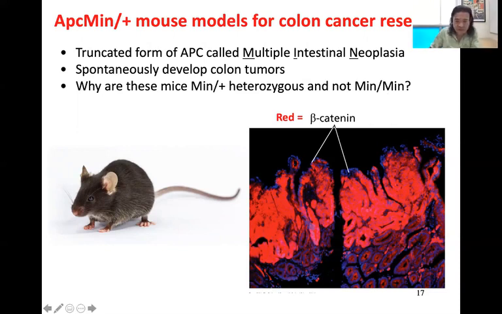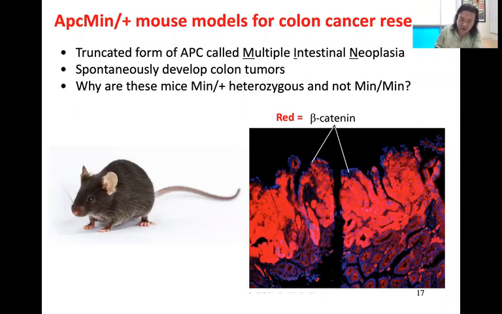Hopefully, if some of you are thinking about this, you realize that because APC is such an important tumor suppressor gene, even from the early development of the embryo you need to start worrying about controlling things like beta-catenin. If the mouse was engineered to be a complete APC knockout, such a mutation would be embryonically lethal, and the developing embryo would never make it to full development and being born. So these mice are engineered to be heterozygous so that they can be born, but ultimately they will